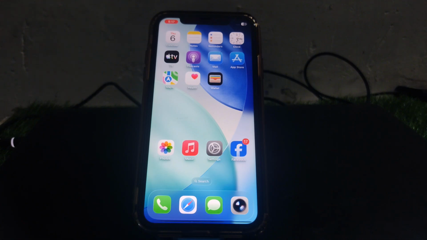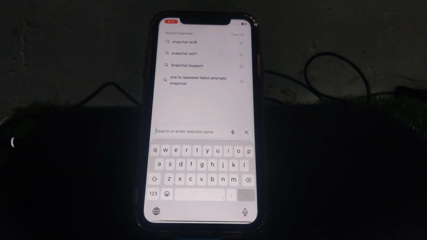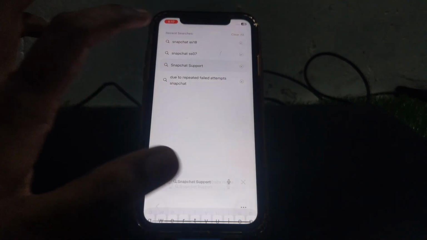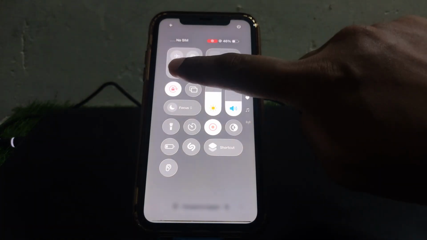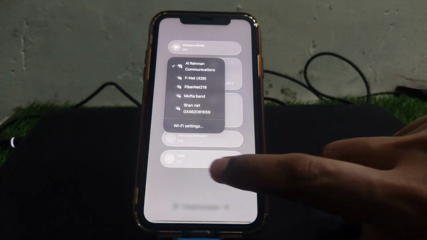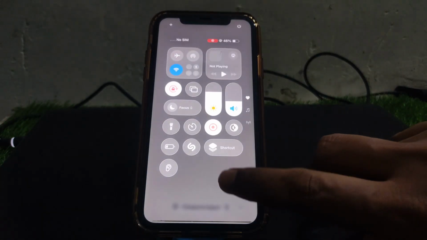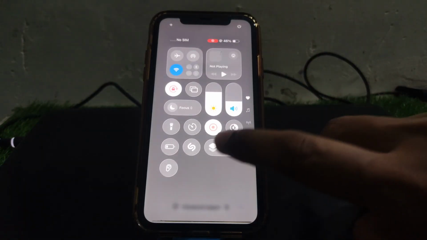For this, open a browser, which may be Safari or Chrome, anything. And here search for Snapchat support. Make sure that you are connected to a proper Wi-Fi, so make sure your Wi-Fi is working properly. Connect to your Wi-Fi, and after that, you can search Snapchat support on your